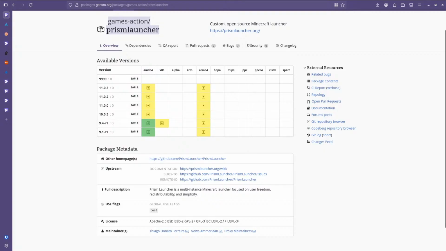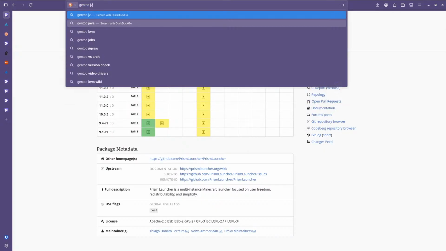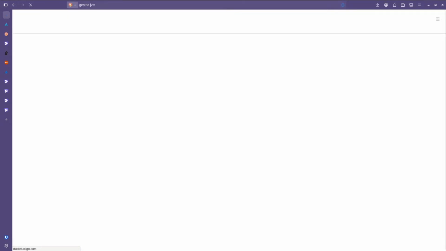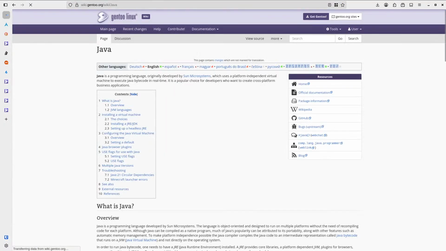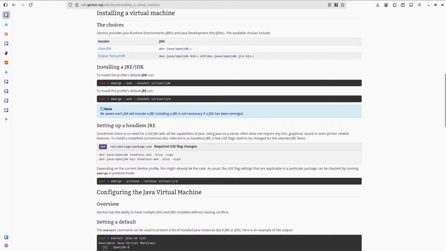Gentoo JVM. I want to see if I can compile a JVM. It's only virtual machine. Virtual JDK, virtual JRE profile. So OpenJDK versus Eclipse Temurin. Oh, those are binary.